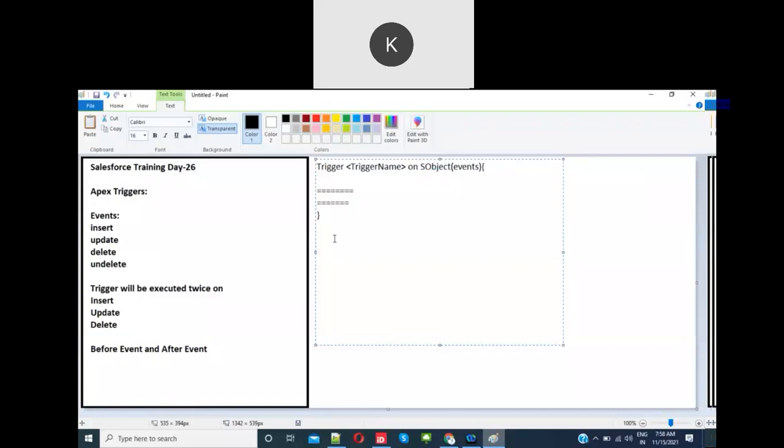Okay. So what are the events? Events I have already explained: insert, update, and delete. These are the events. And there are two kinds of events: before events and after events. So don't get confused about what a before event is. See here, the events are